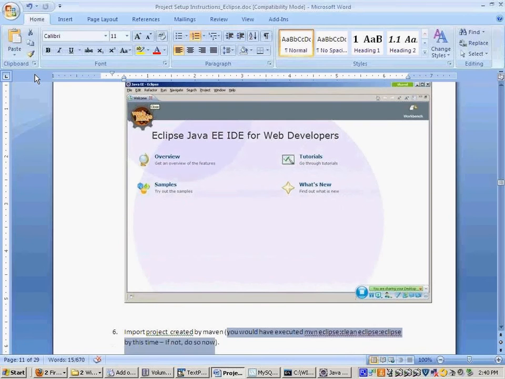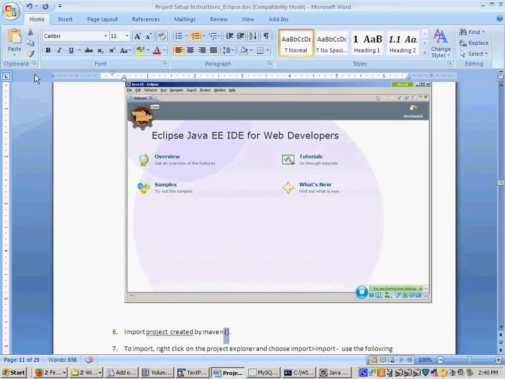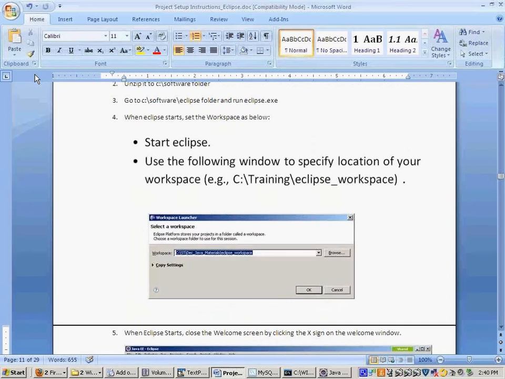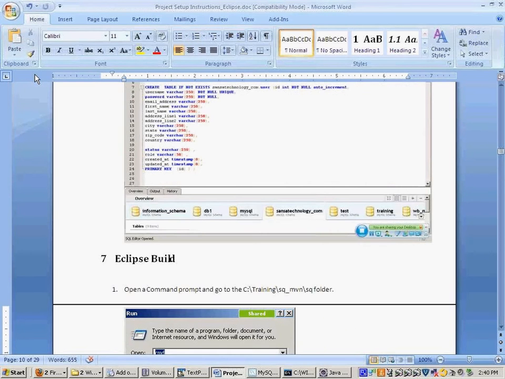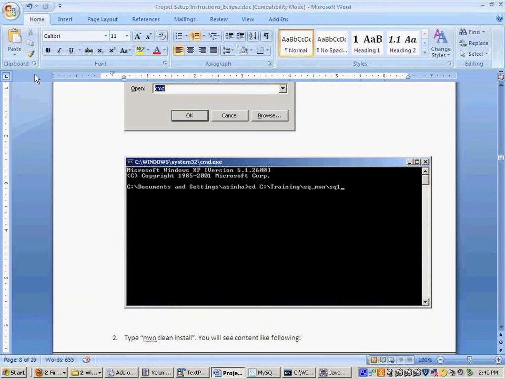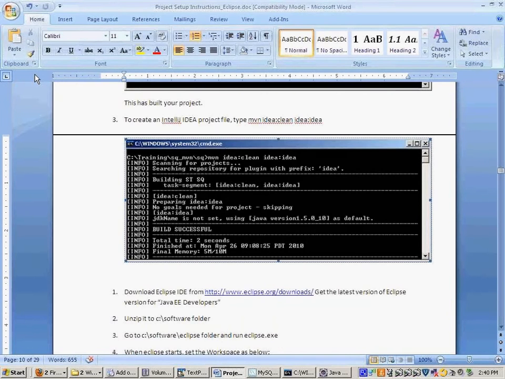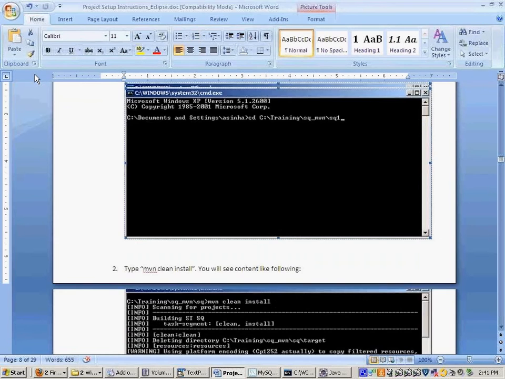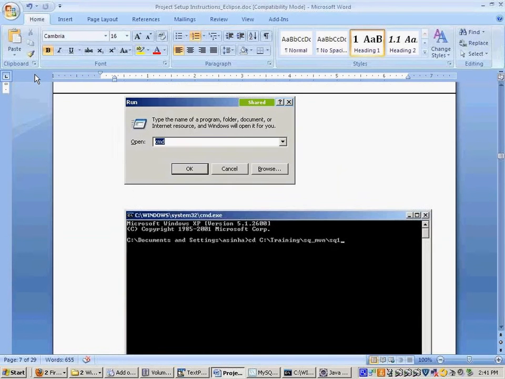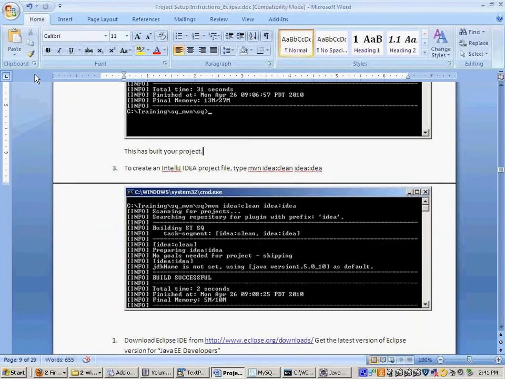There's a step missing here, which I should have. I know that there's some documentation issue here. In fact, way before this, when Maven was installed, or at least the Eclipse build, I should have added it here. The Eclipse build command, Maven clean install. Oh, I already, okay, so I have to change this. It's not with idea. It has to be Eclipse clean and Eclipse. What is that idea? Oh, that's another IDE, right? And if you do that,